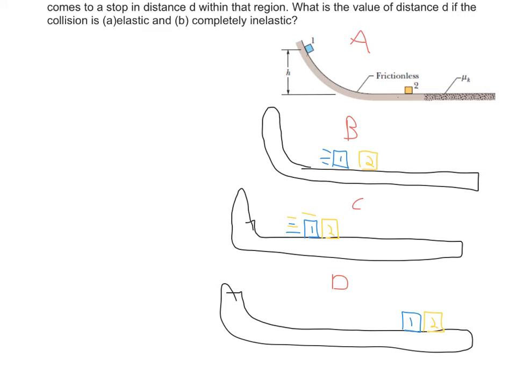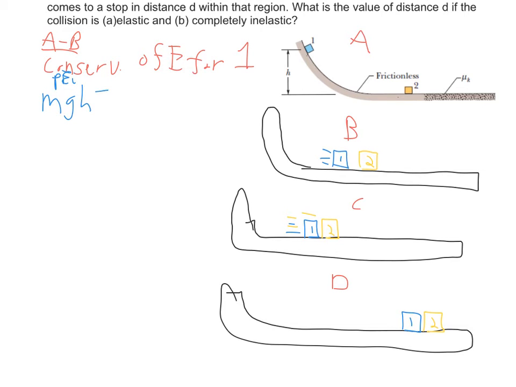The reason that I did this is to consider what we have going on in each of the different situations. If we consider from A to B, all we really have is block 1 moving. Block 2 stays stationary the entire time, and block 1 is moving from some height down to the ground on a frictionless curve. So that makes me think of using conservation of energy for block 1. We know that it starts at some height, so we have mgh, its potential energy that it starts with,